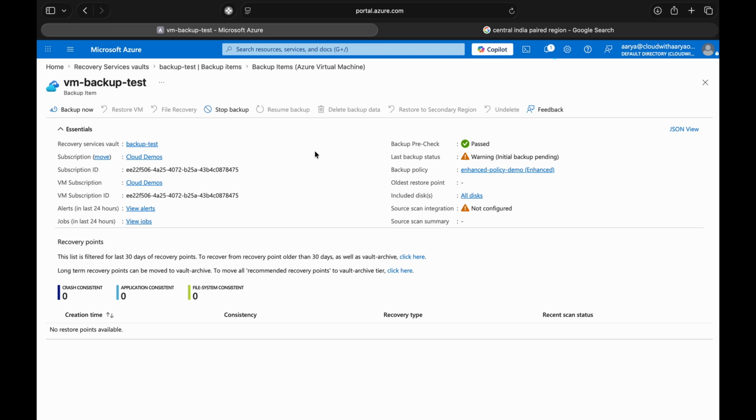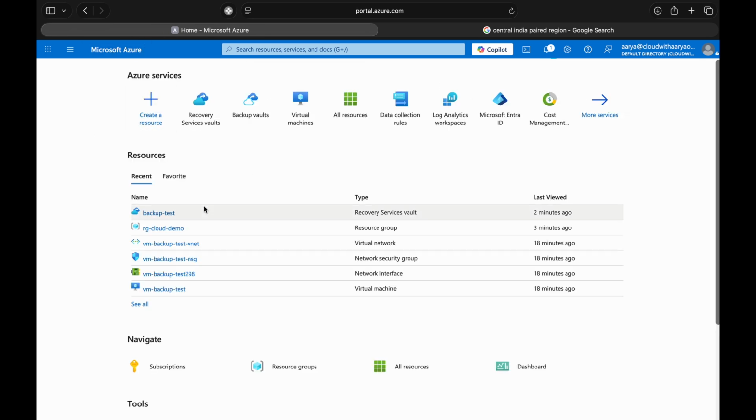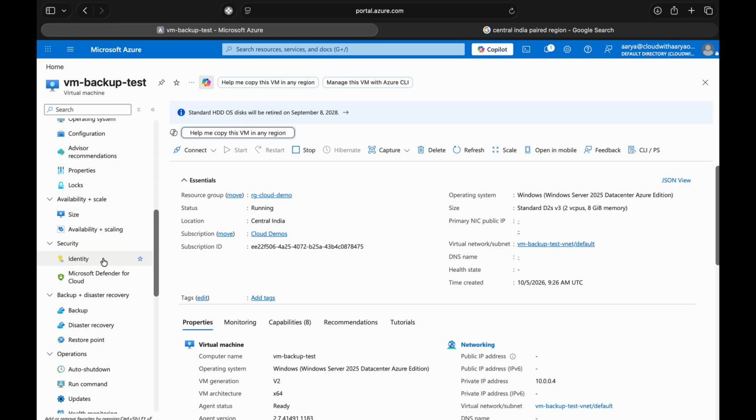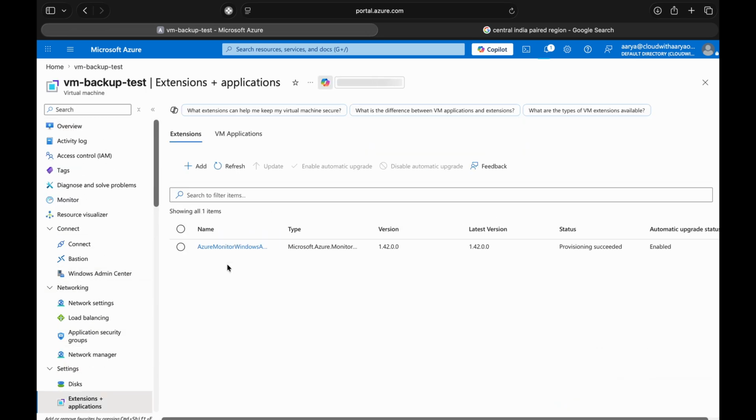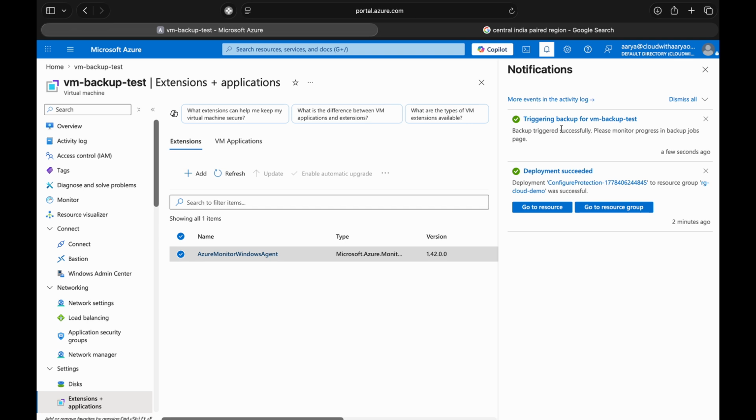Since this snapshot consistency type is application or file system consistent, it is going to install an extension in your virtual machine to support the process. So I'll go to my virtual machine and then extensions, right? And you can see that the agent has been installed. The on-demand backup has been triggered successfully, and these kinds of backups are very useful before your maintenance, upgrades, patching